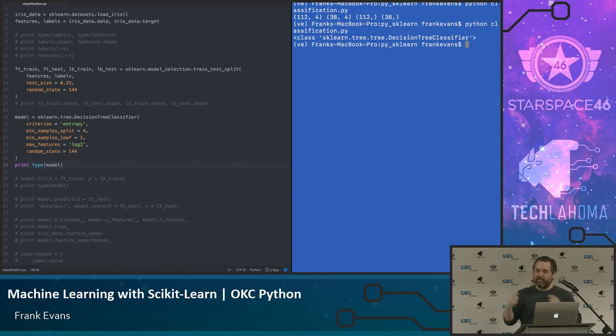sklearn.tree.tree, decision tree classifier. So here's my object. Nothing's really happened to it yet. All I did was say, hey, give me a blank one of these so that I can use it for something. And now I'm going to feed in that data. You remember I split up here into my training and my test data, and I'm going to take my training data and my training labels, those 112, and feed them in on this model.fit.